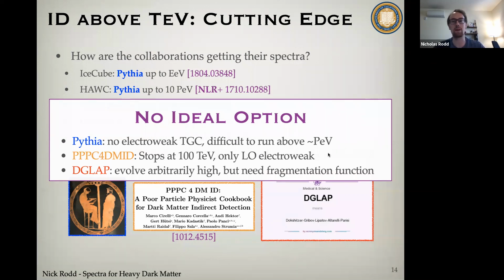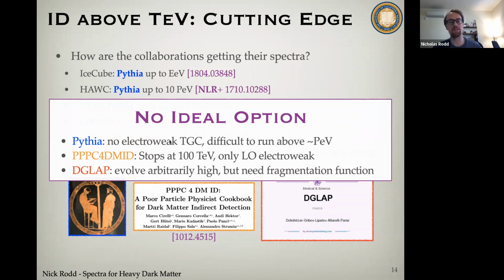Furthermore, eventually Pythia just becomes very difficult to run. I mean, it's really predicting way more than we need here. We just want to know the energy distribution of the stable particles we're searching for. Pythia produces all of the angular correlations as well. That's totally irrelevant for our purposes because you're never going to see more than one particle from these showers, no matter how large they eventually become, if this shower is produced kiloparsecs or megaparsecs away. So because of this, it becomes very time consuming to run Pythia at higher energies. And also if you try and run it at an EeV, you can run into numerical issues, like Pythia will predict, for example, negative energies.